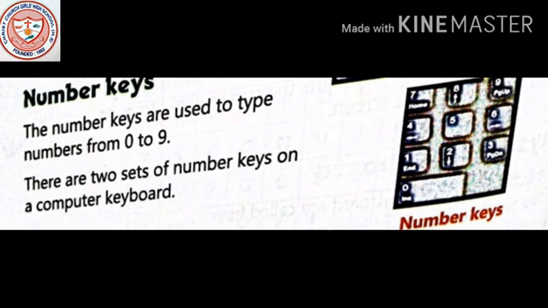So there are two sets of number keys present on the keyboard. The number keys are used to type numbers from 0 to 9.